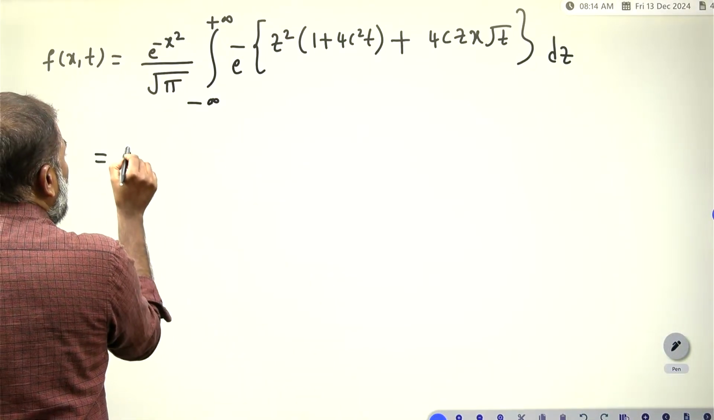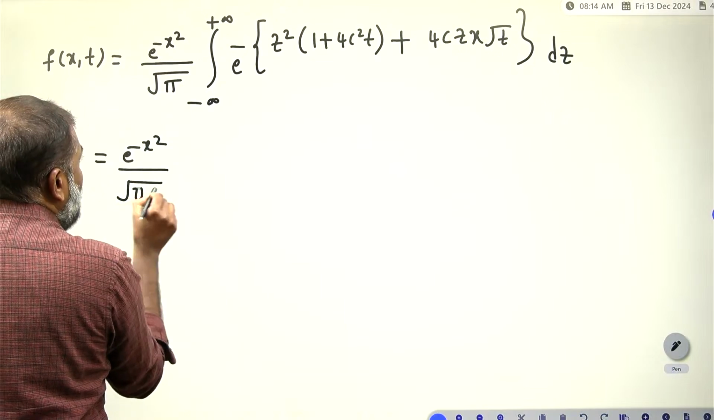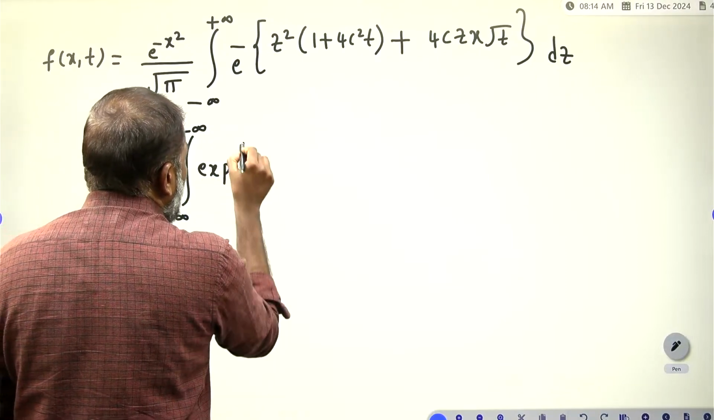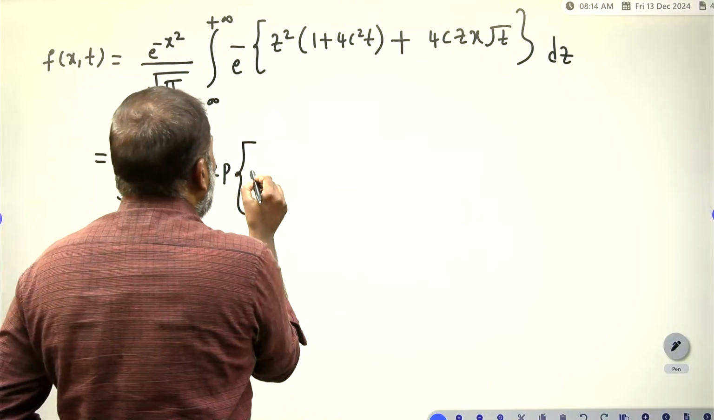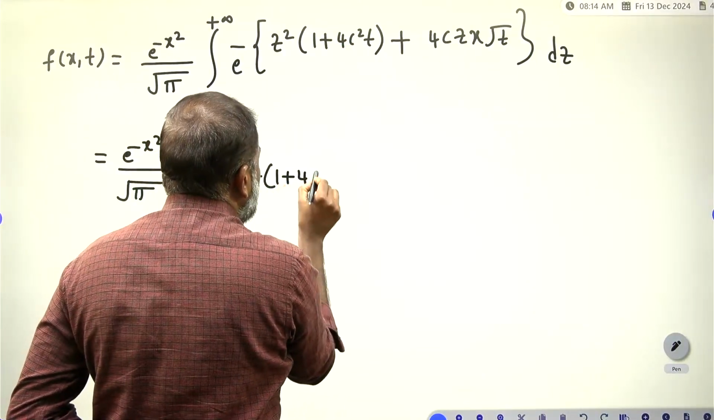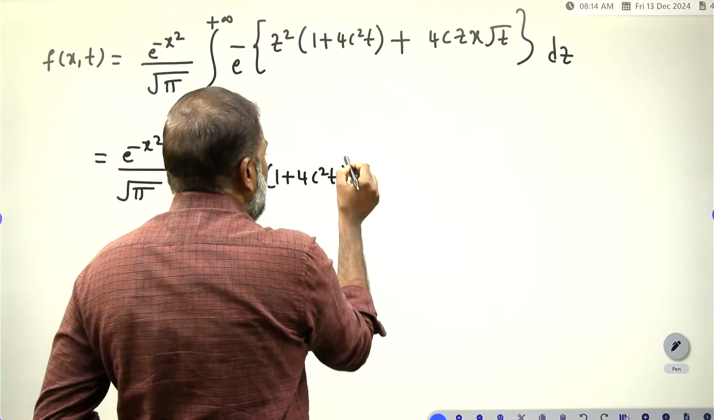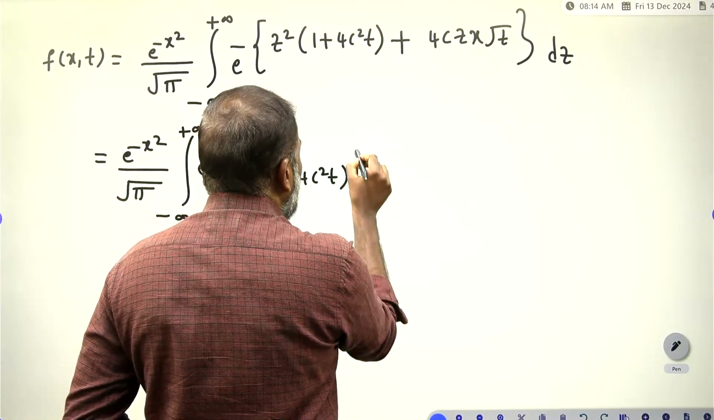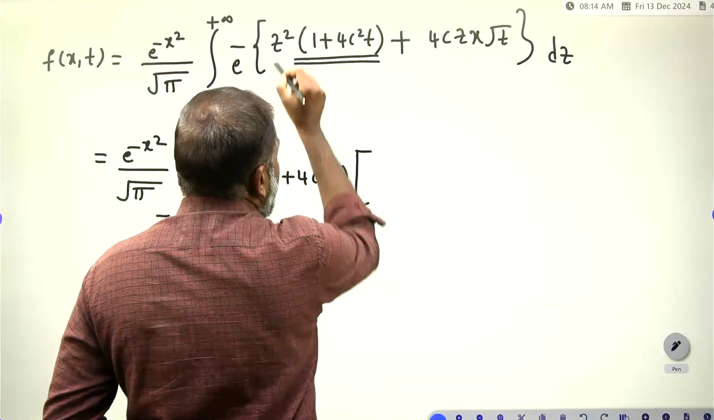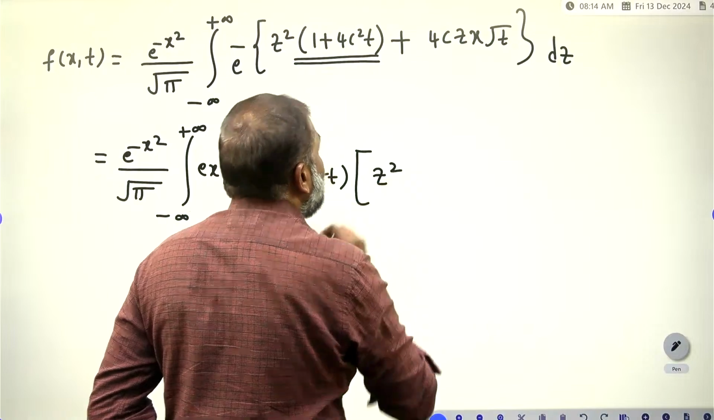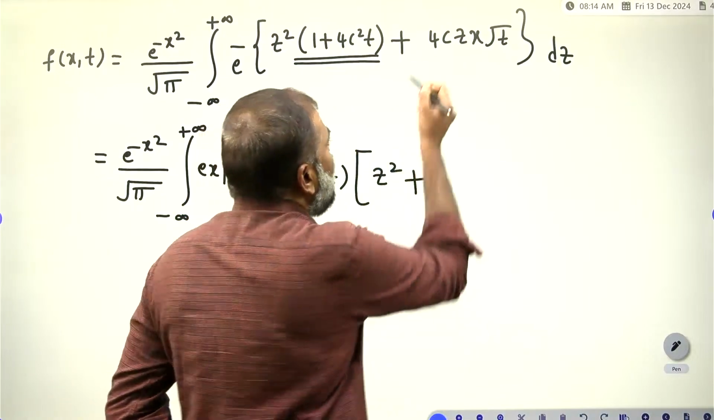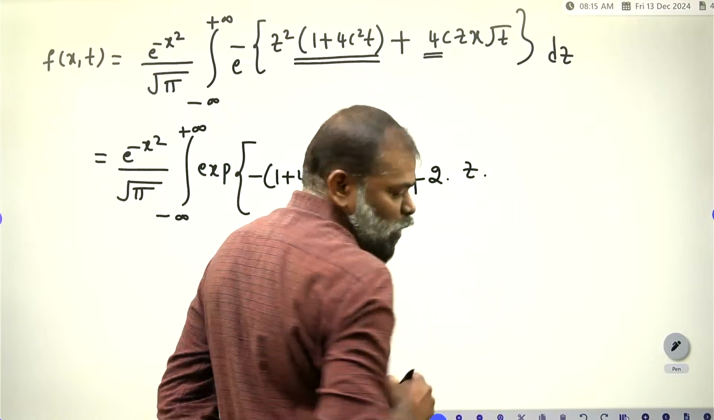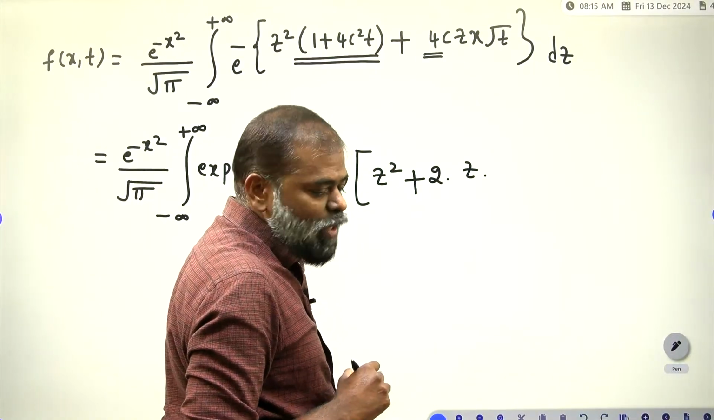I am rearranging this above expression. How am I rearranging? Once you see e to the power of minus x square by root 5, integral minus infinity to plus infinity, exponential of, which one do we have to write here? Once you see exponential of minus, we have to take the common 1 plus 4c square t, you have to take the common. So what will happen? Once you see, right, you have to take one more bracket here. So 1 plus 4c square t, you have to take here. z square is there, no? That z square you have to keep here. Plus, what do we have to write here? 2, 4 is there, no? This one I am rearranging. 2 into z into, right, 2 into z into, how do we have to write? Once you see 2 into z into